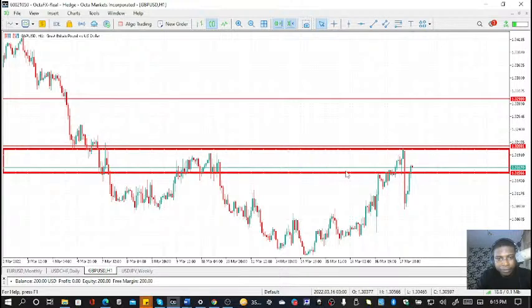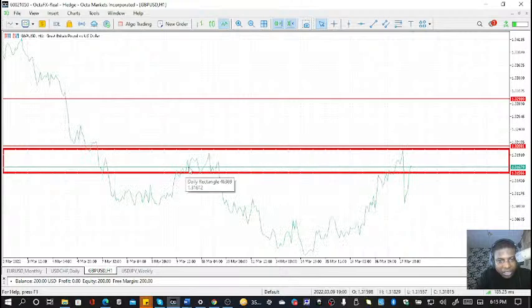This level is the level I am willing to sell, because if you look at it, let's move to the line chart. If you look at it, you will see that it's the current resistance turn support. So you can see that price moved up, couldn't break out of this region and came down. Now price came to this same resistance level again, and price was rejected. So now I am willing to sell at 1.31566